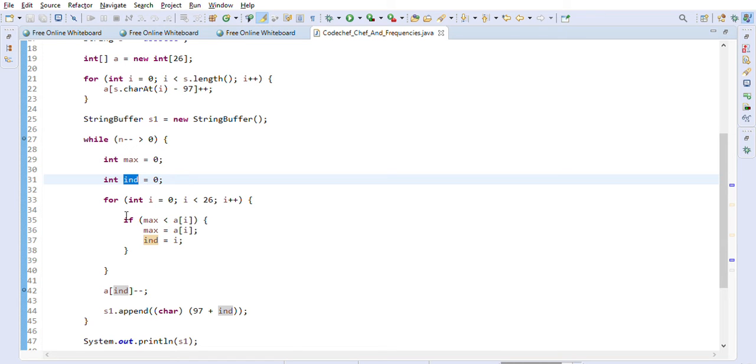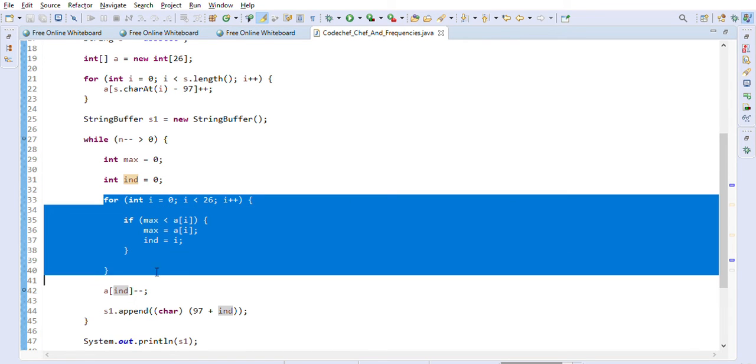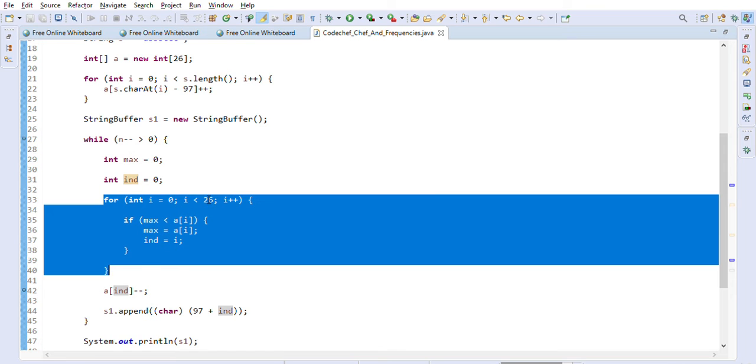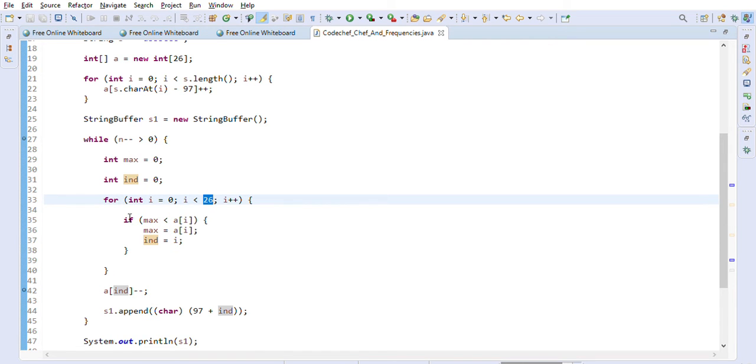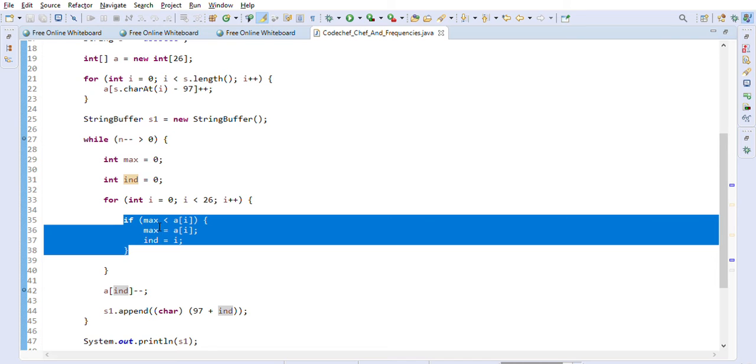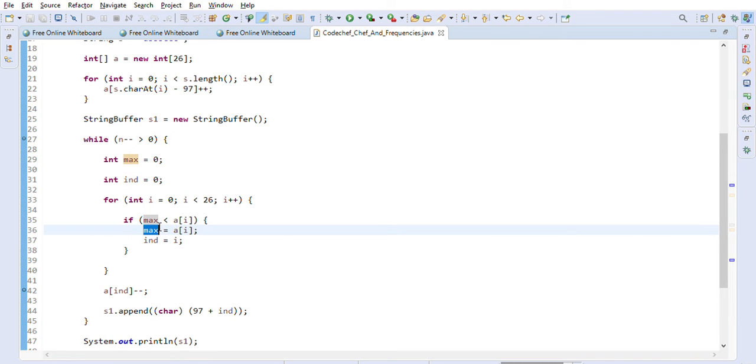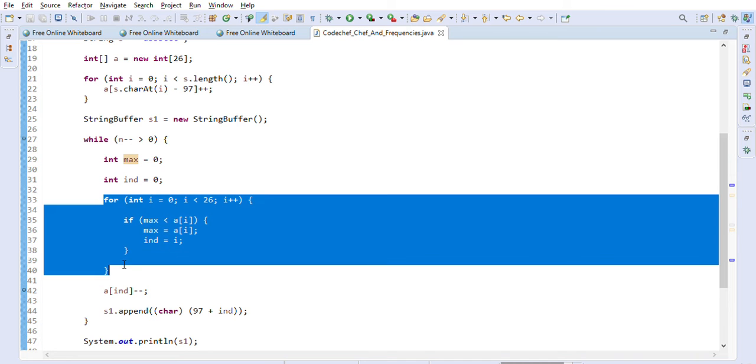And what we are doing here is we are going through the for loop for 26 characters, and we will find out the maximum frequency character that is left. We will take that character and append it to the string buffer, right? So here we will go through all these 26 frequencies that you can see here.